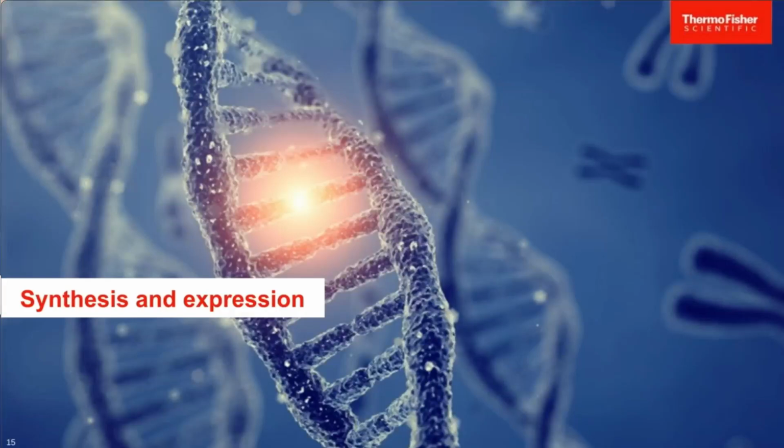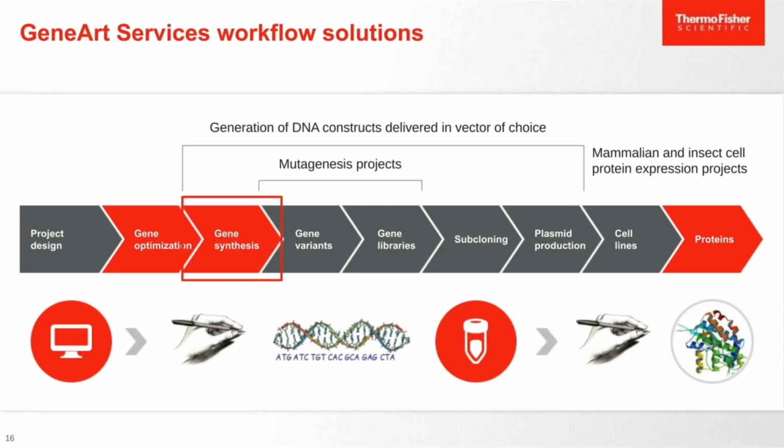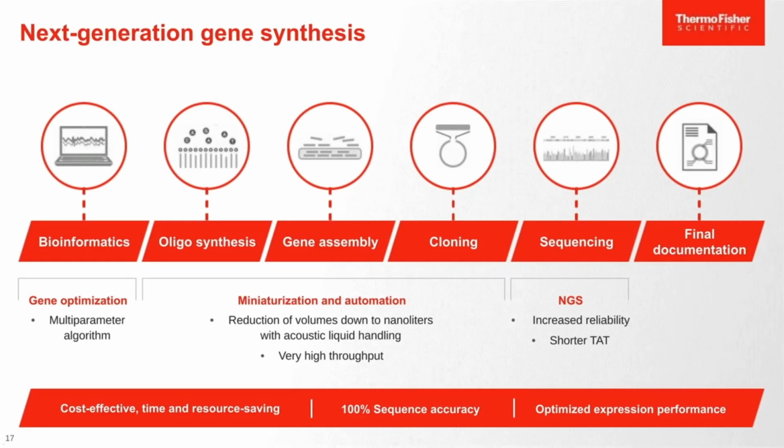All right, great. Now that we've done that poll question, I'd like to move into talking about the synthesis and expression part of our presentation. Again, staying within the GeneArt family within Thermo Fisher Scientific, we're moving on to that next step, the actual synthesis itself, now that your genes have been optimized. So we perform next generation gene synthesis within our Thermo Fisher Scientific GeneArt group. We started out with gene optimization through bioinformatics and what today would be considered machine learning processes. You move into oligo synthesis, then gene assembly, then cloning,